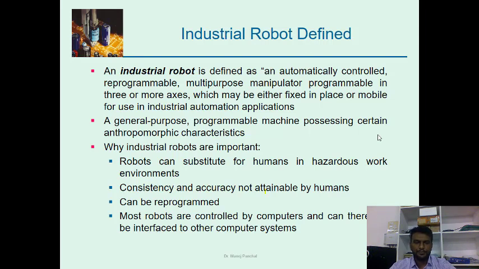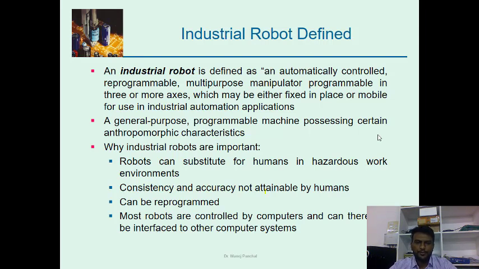So generally, in industries earlier, before the computer came into the picture, there was the human worker. They used to do everything, right? On the assembly line or for the packaging. These are the basic major purposes of the robot. Nowadays, everything is done by the robot, starting from the packaging or moving the parts on the assembly line, or doing some processing operations like machining, turning operation on the lathe, or the welding. So everything is done by the robots, right?